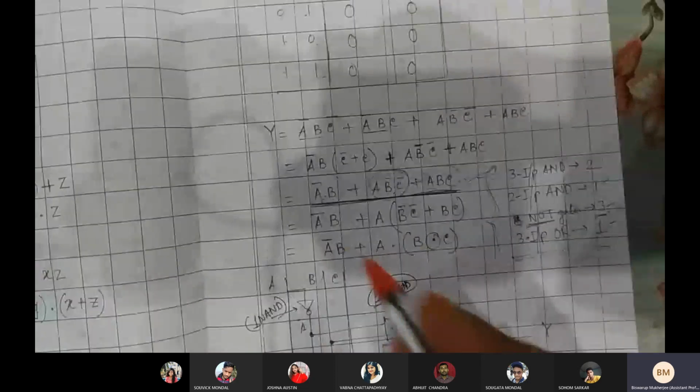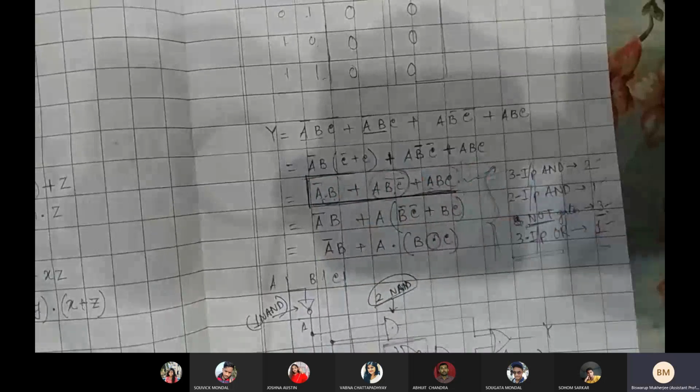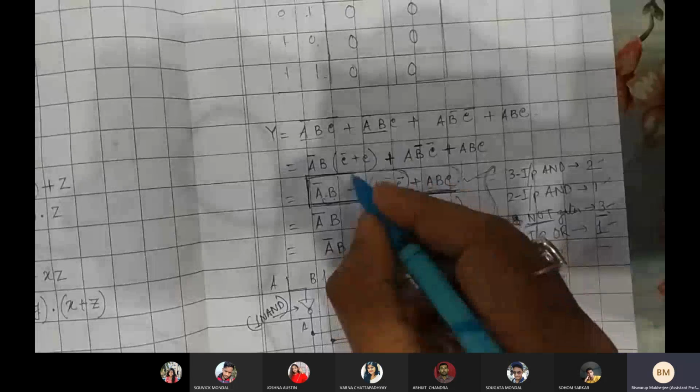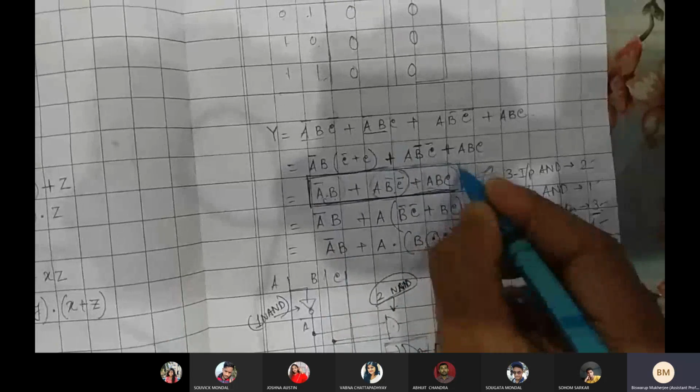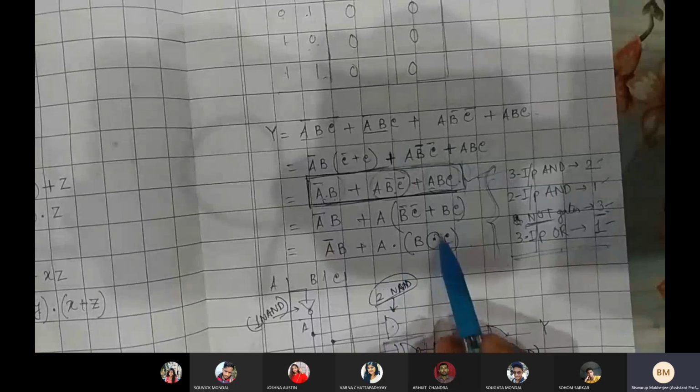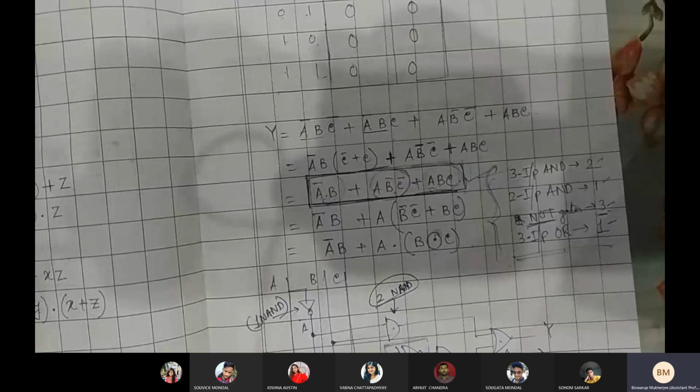This one is also called sum of products. This one is also a sum of product format. এটাকেও sum of product format বলে. So this is also one kind of sum of product format. But this one is not a sum of product because there is an XNOR operation in it. So we'll be trying to make a minimized expression. Still, it should be in sum of product format. Sum of product format যেন থাকে, এটা আমি চেষ্টা করব.